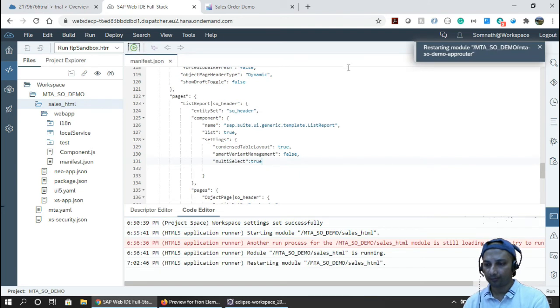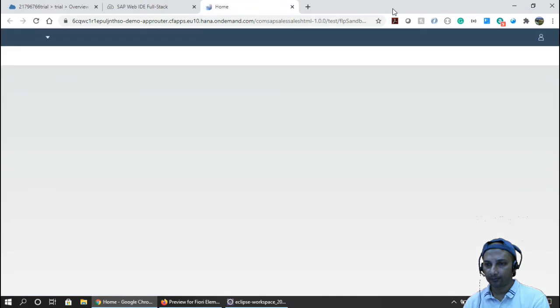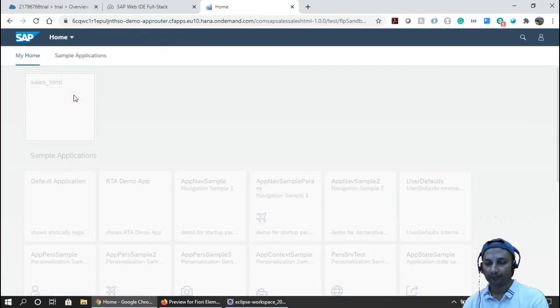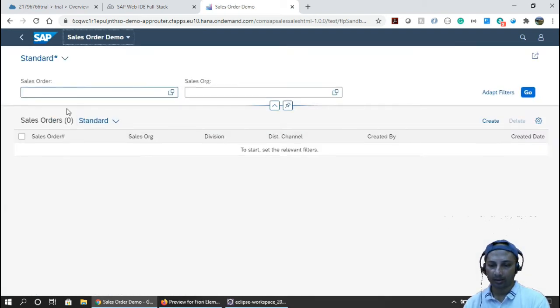Once more, closing this one. So what I'm expecting is, see, now it becomes a checkbox.